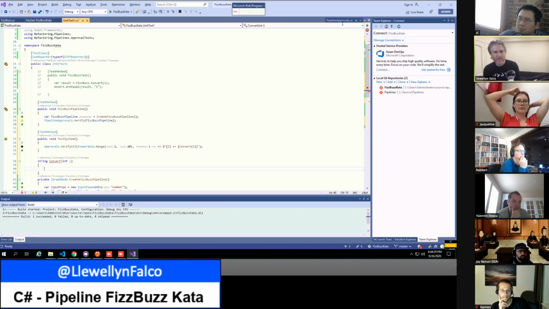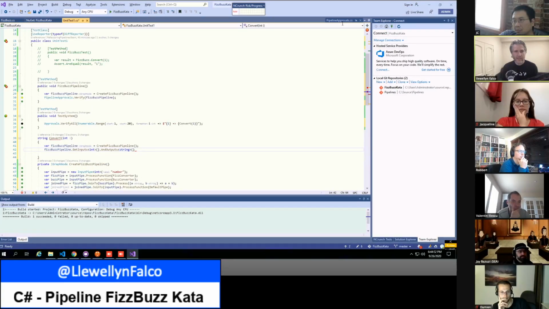There we are. Of string, and then hold on to that. And the reason that is going to fail is if we scroll down to our pipe, create pipeline, on join pipe 2, can you do a join pipe 2.collect? Not collector, collect. Yeah. Good enough. And then here, do a return, or no, sorry, inputs and outputs dot push, or whatever it's called, send the number, and then return inputs and outputs dot